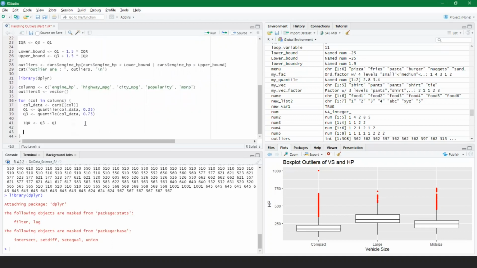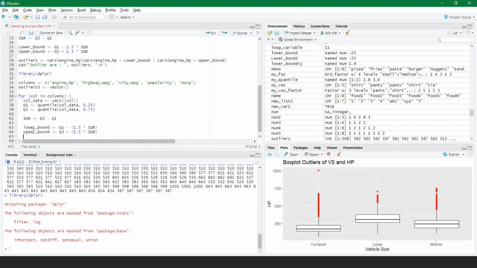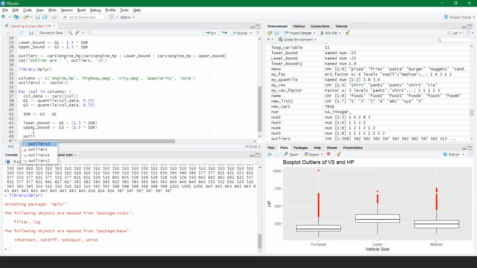And here I say lower bound. And inside the lower bound, I just simply say Q1 minus 1.5 times IQR. And for the upper bound, I say Q3 plus 1.5 times IQR. And in the last, I just say outliers free, and inside this, I use the combine function